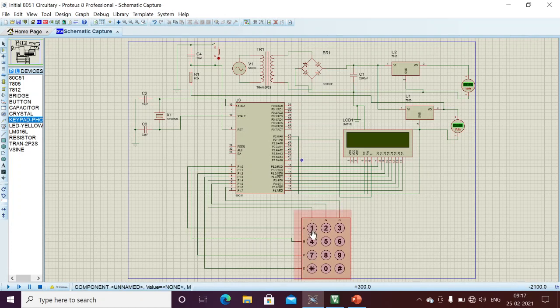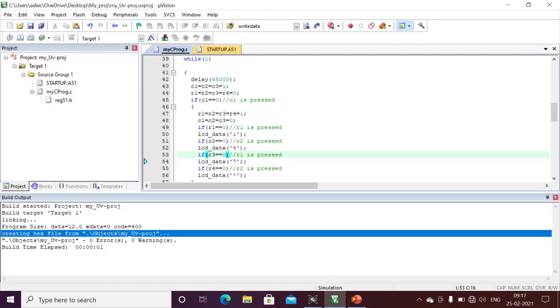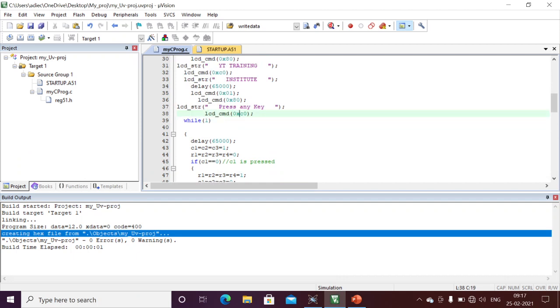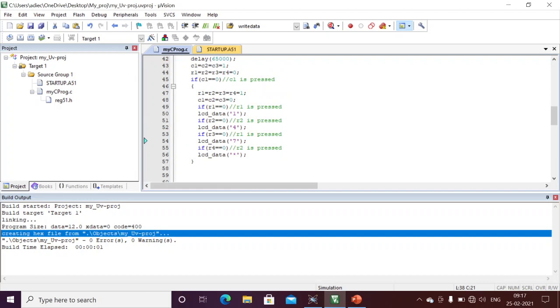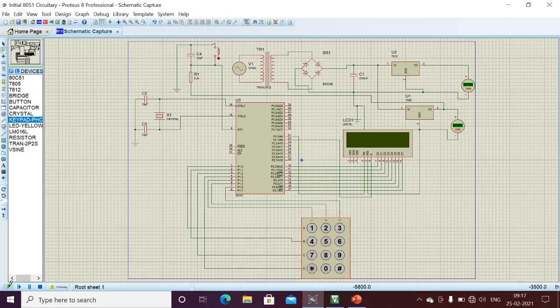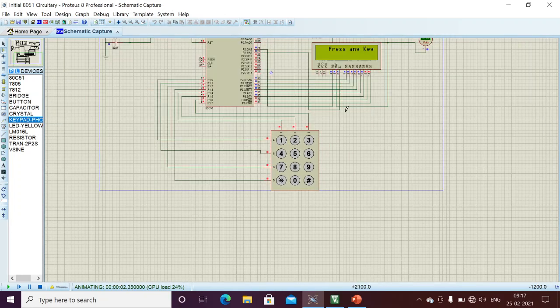The first column should work. For example, if I press 1, I need to display it on the second row, right? Where we are displaying from the second row, we are displaying all the digits. I have written it for the first column: the digits 1, 4, 7, star. Similarly, we are going to check whether all the columns are displaying or not. I will zoom in a little bit to understand better.